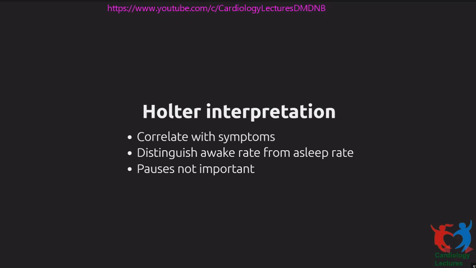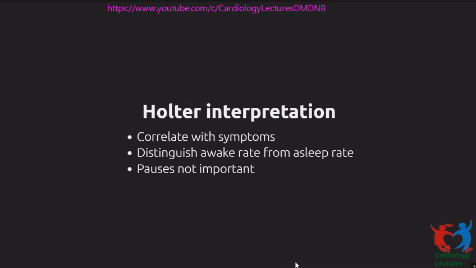Now, the first thing that people report on the Holter is their minimum heart rate and the longest pause. I think that's the wrong way to interpret the Holter. The first thing to see on a Holter is, did the patient have symptoms or not? If the patient had symptoms, report the time when the patient had symptoms and report the rhythm at the time of the symptoms. So if you say that the patient had symptoms lasting about 15 minutes starting at 5 p.m., and this was associated with a drop in his resting heart rate to 35 beats per minute, that is a clear class 1 indication. This is what you should look for in a Holter.